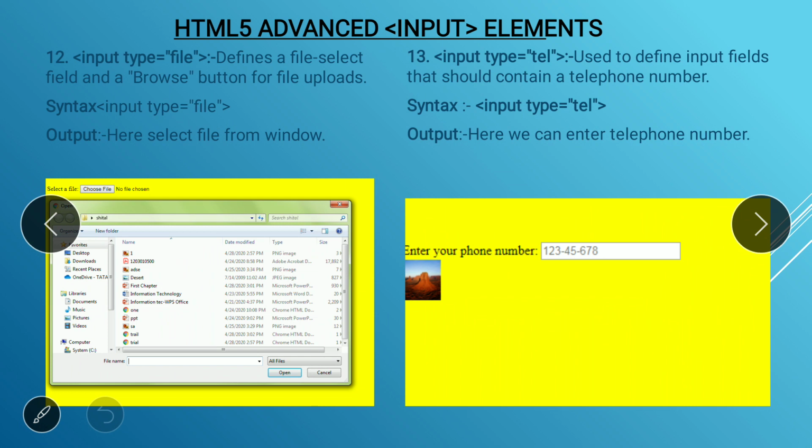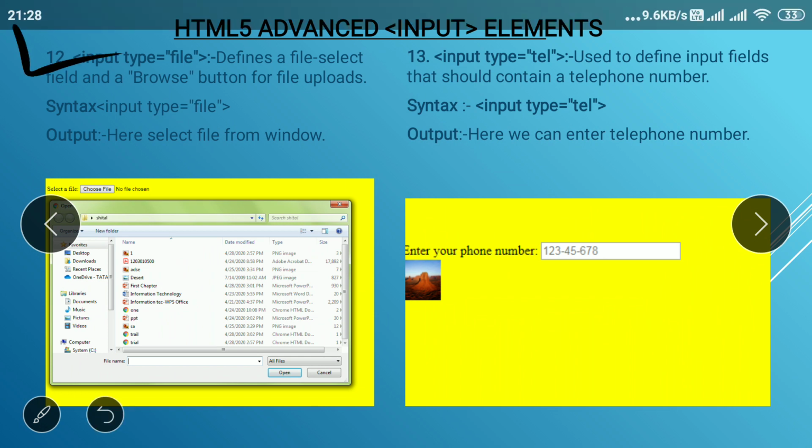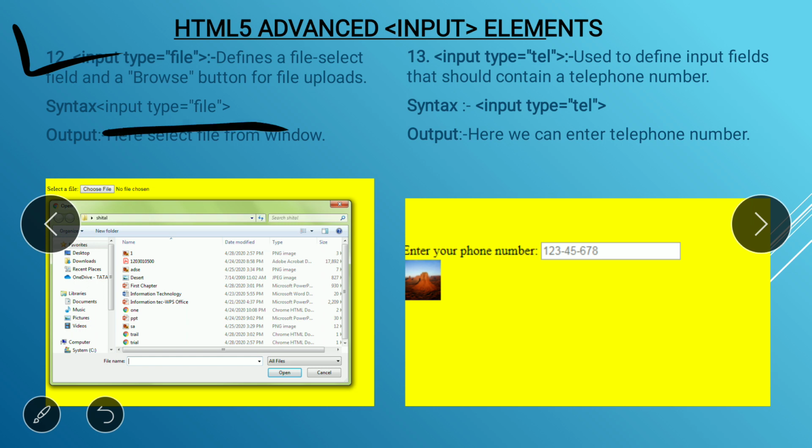The next control is the file control. If you write input type equal to file in your program, you can see one button, that is Choose File, and another text, that is No file chosen.